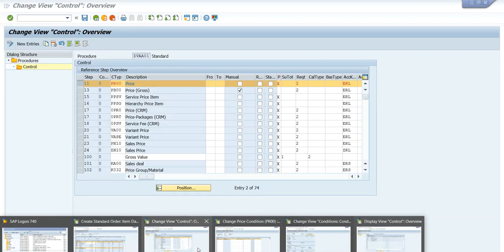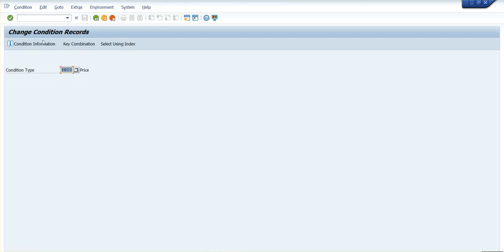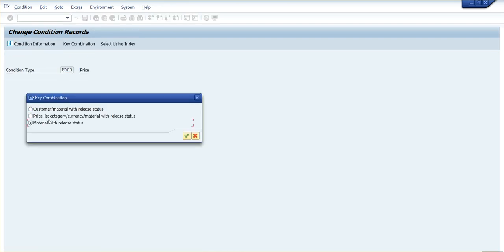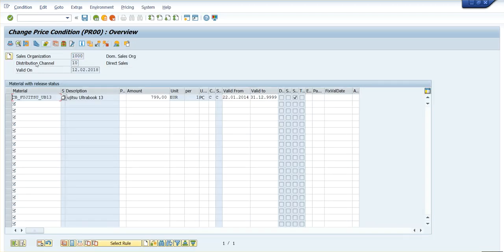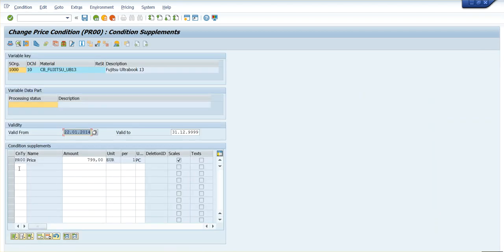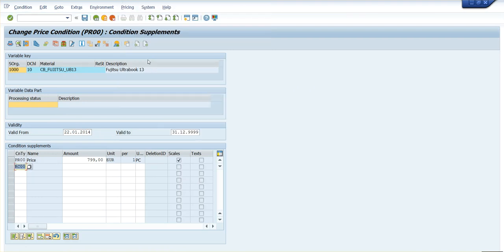So let's come back again, slash n VK12. It will read the condition records again, and if I click here, you'll see this button is coming up. Now I have to select, and I can go here. We can take F4. Let's say I want a discount here. So when I create a sales order and use this sales area and this material,